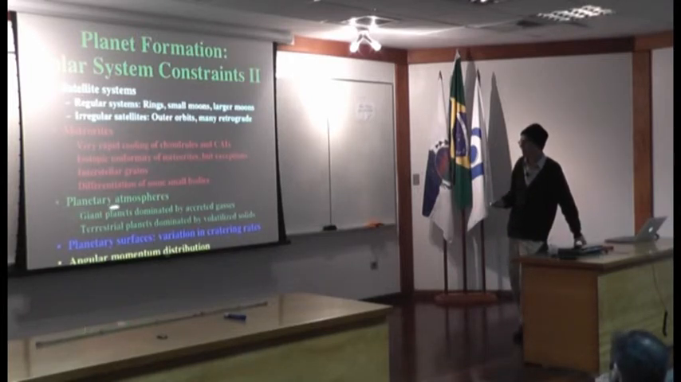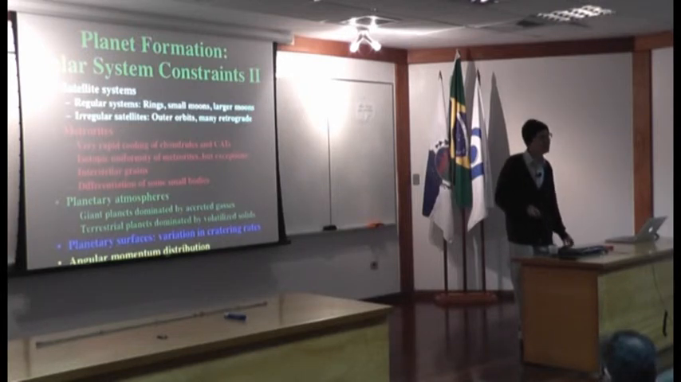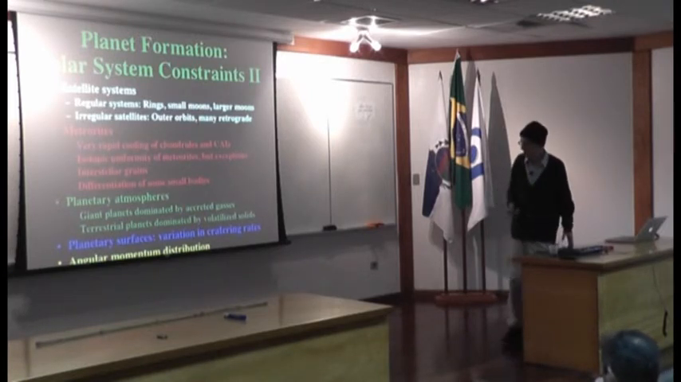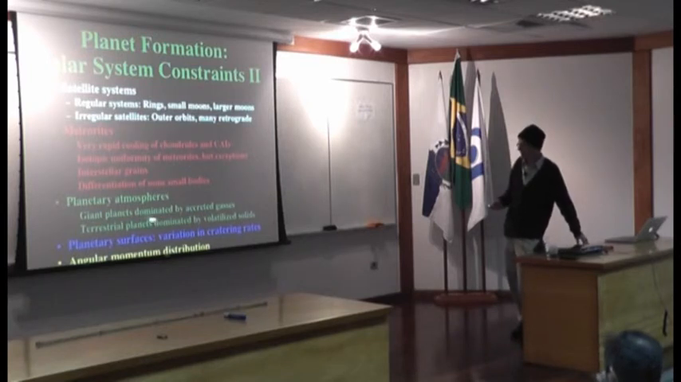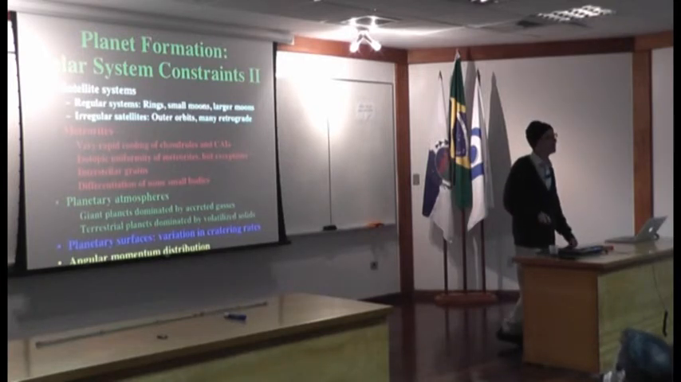Atmospheres. The giant planets are dominated by accreted gases, hydrogen and helium, which are not going to condense at any reasonable temperatures in the solar system or the protoplanetary disk. But then the terrestrial planets are dominated by volatilized solids, things that were frozen out, accreted by the planets, and then vaporized. And the reason we know that,